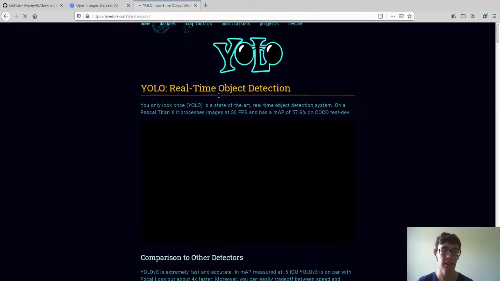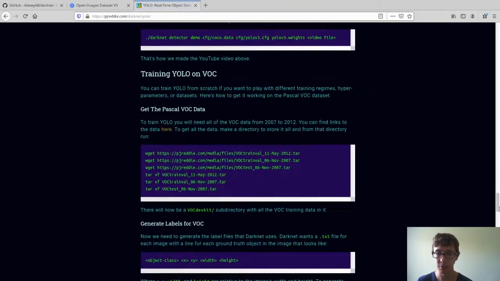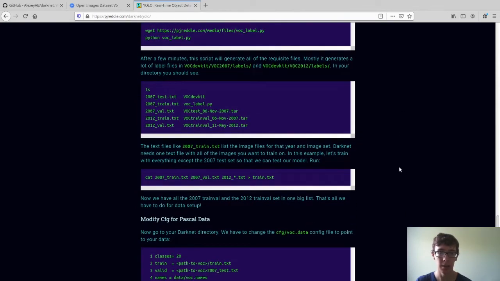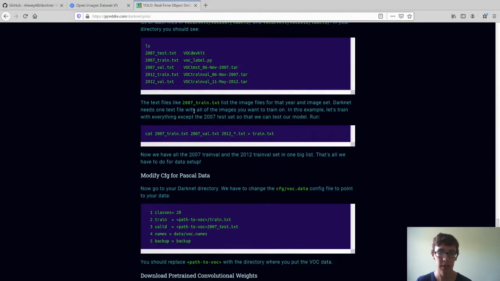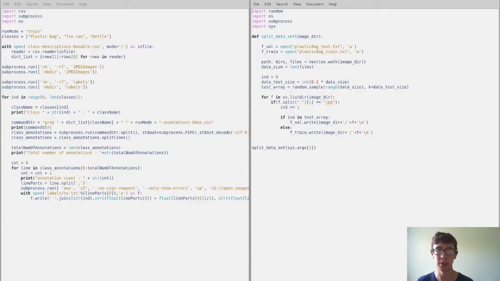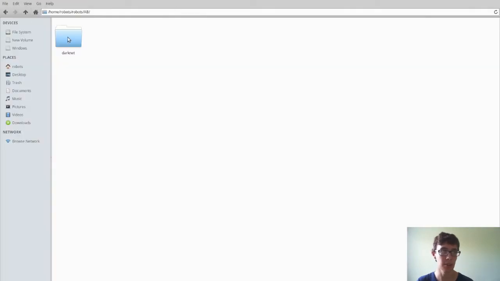Ready. So he's already got a pre-trained model that you can get. If you scroll right the way down to training, you can see that there's the pre-trained file there. So that uses their system, and then that way it just makes the training faster because it's already got something that's based on. So we want the preset weights. So once you've downloaded that and put that into the file here,